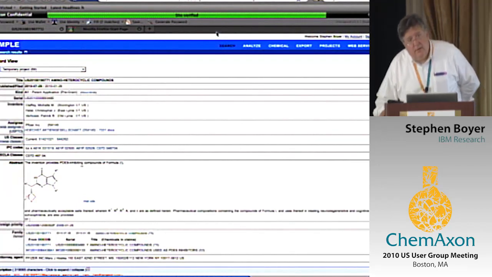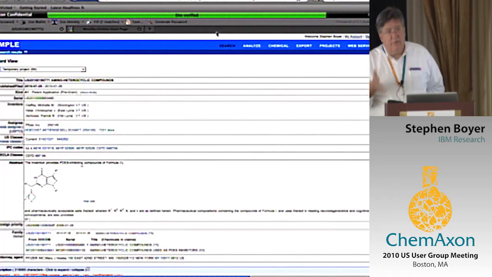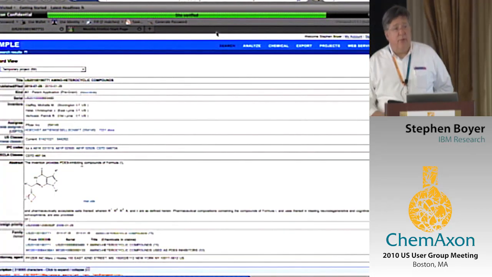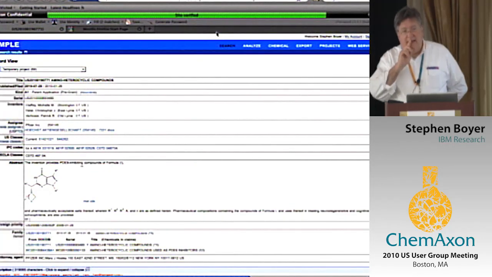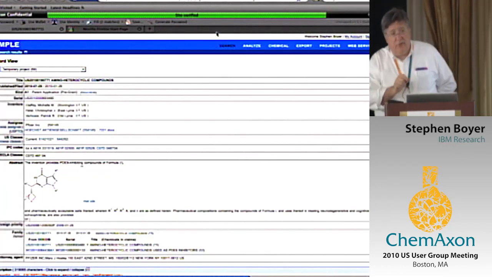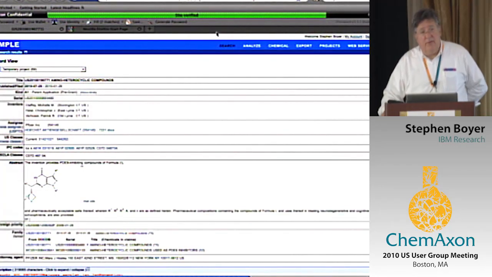Pardon me? Fully curated? Yes. The data that was extracted in the MOL files, they get replicated out, as well as the text. I should limit that, currently, to the text stream. The image stream is still, we're still developing the image analysis stream. But as far as the text stream, that gets